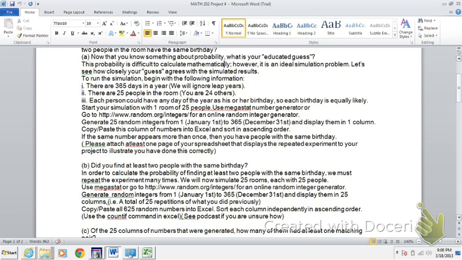Okay, so we just did the experiment. We just ran it once, so clearly you have to do repetition. So, did you find at least 2 people with the same birthday? In my situation, it was a no. In your situation, it might be a yes. It says,